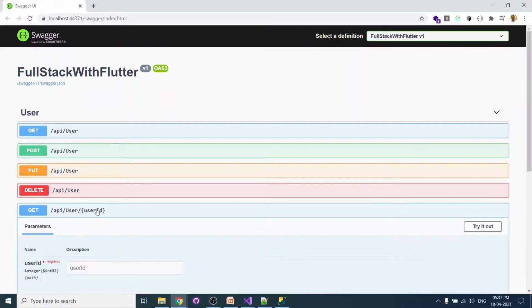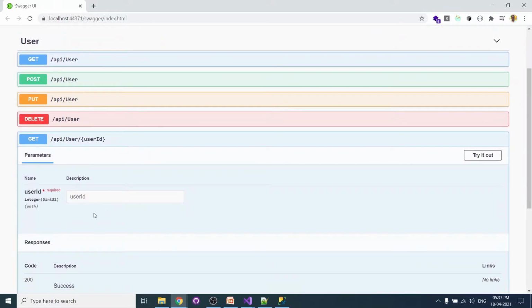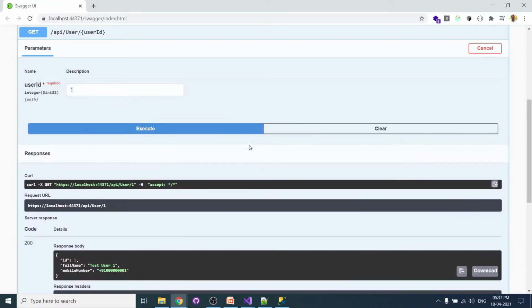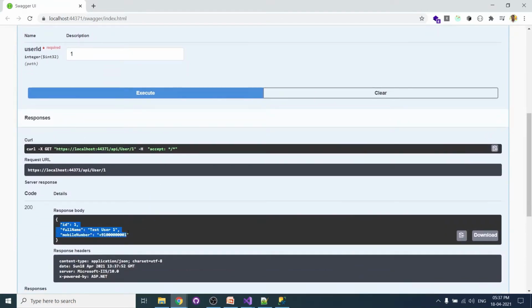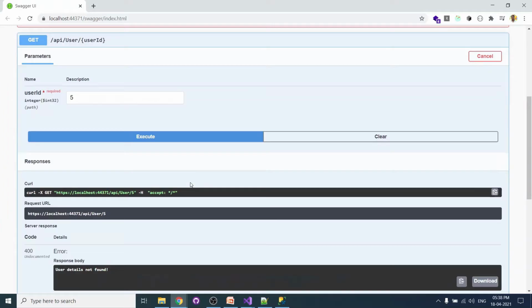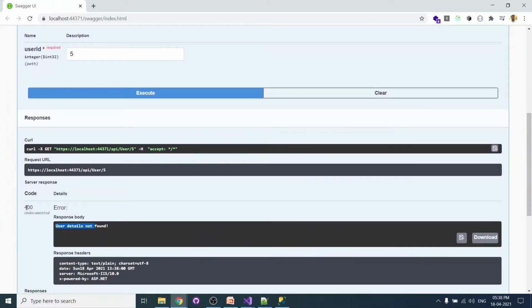So what I will do here, I will go here and I need to pass the value. Try it out. I will pass 1. So it will check the user ID and fetch that result. Okay, I will pass 5 and try to execute it, and it responds with 404